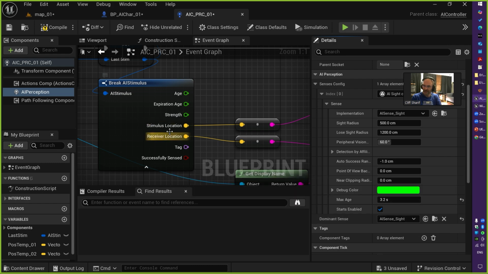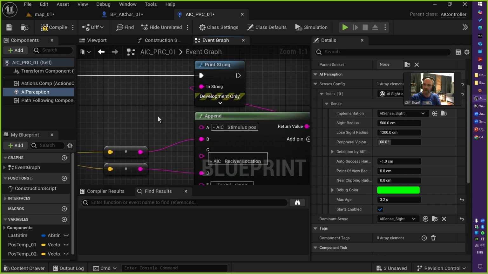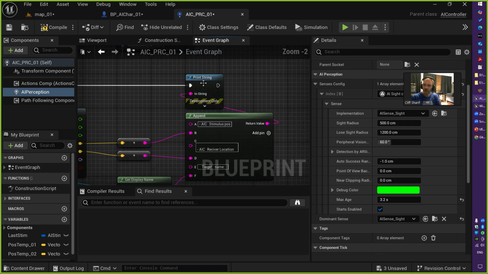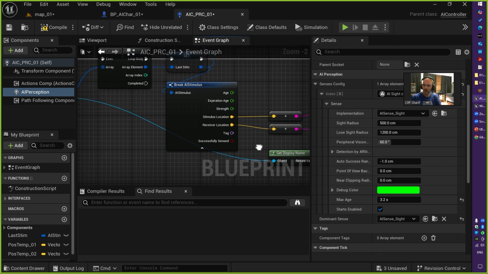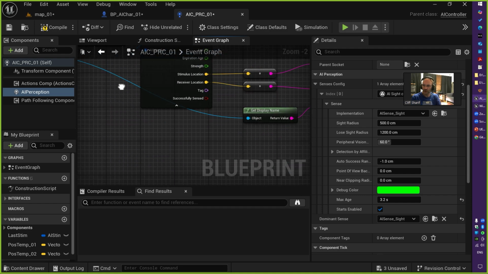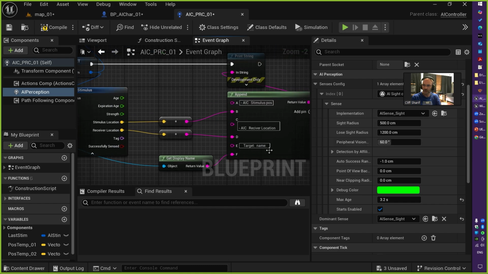It gives you stimulus location and receiver location, which is basically the AI character location, and the target location. Stimulus, actually, sorry. And I just printed it out to the scene. Very simple. Already I can grab the target name, which is this one here, and I just print it out to the scene. So if I run it,